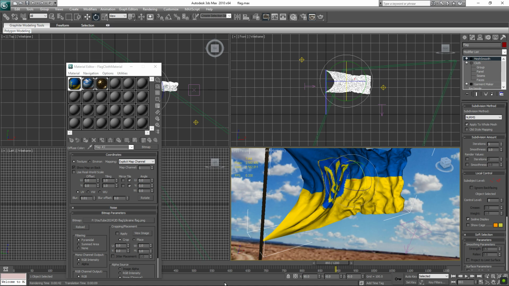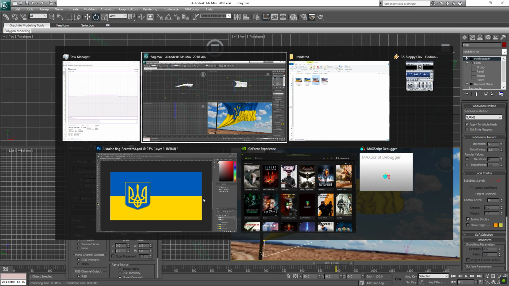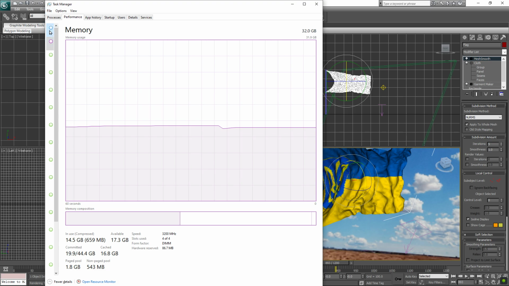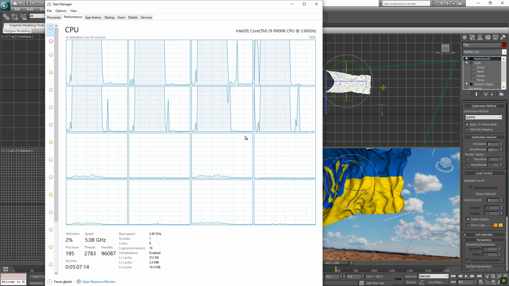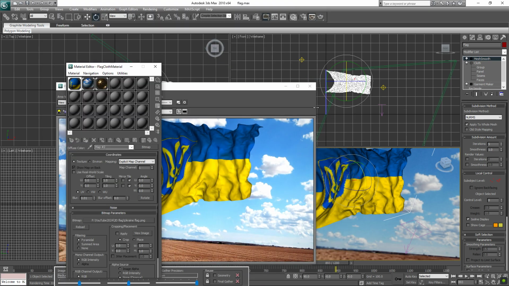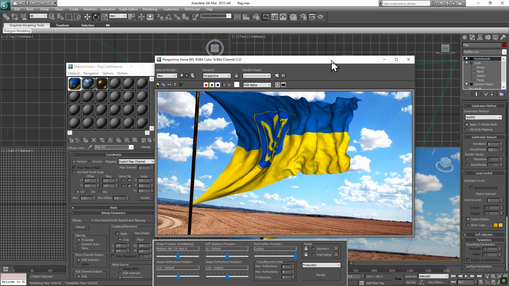Okay, what happened there? Is it rendered? I think it's finished the rendering. Or what happened? So 16 gigabytes is used, guys, 100%. Yeah, it's finished the rendering. Look how beautiful it is, guys. And this is at this angle, but you can pretty much use a different angle and such, and it's just beautiful. And also the flag is like real,